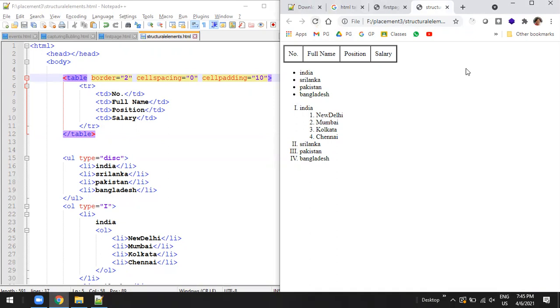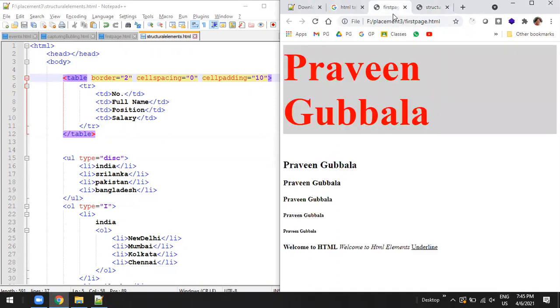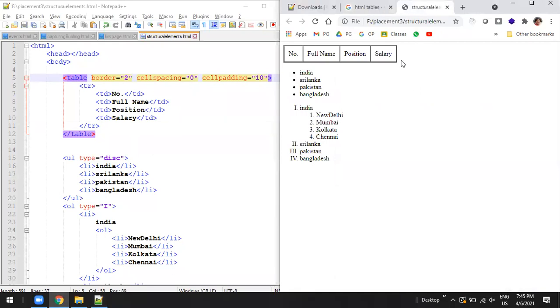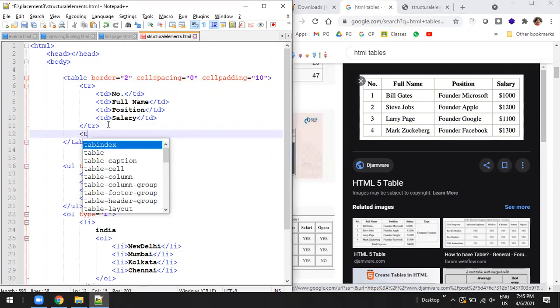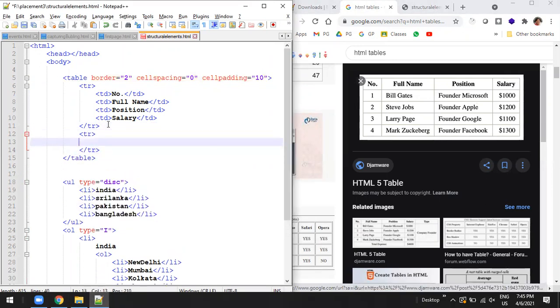Okay, let us do that next. I need to think about the next row. So in the next row, I first have to create a row. Inside that row I have to create different table data items.